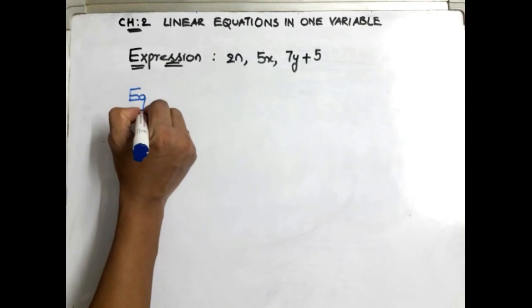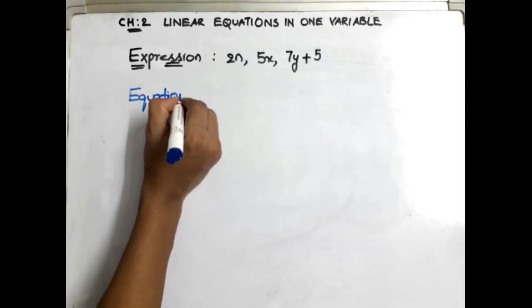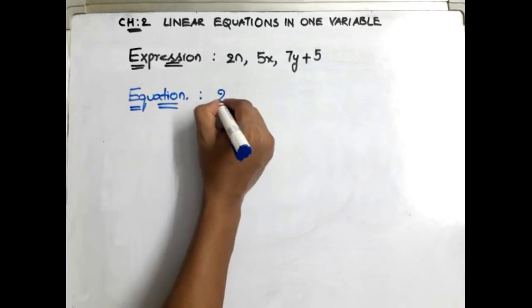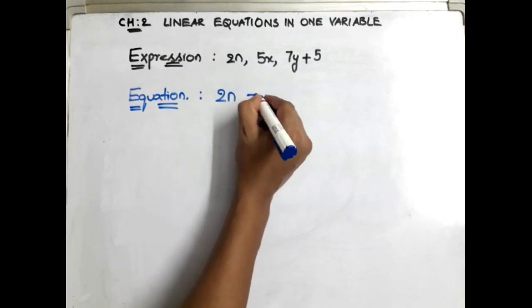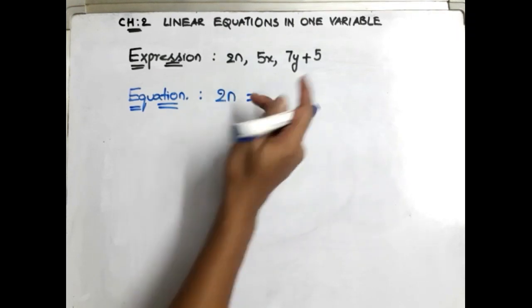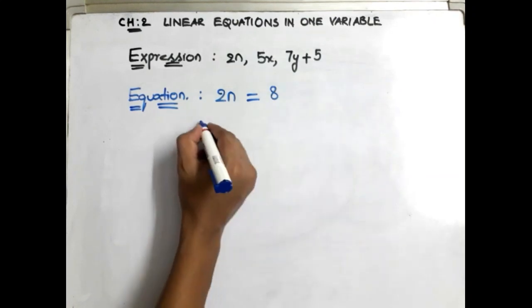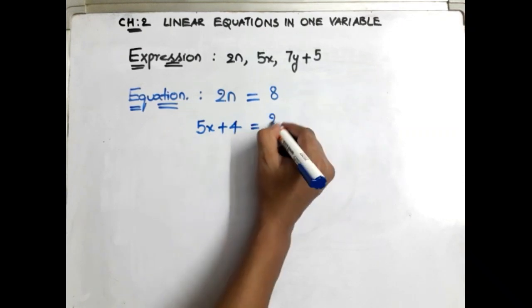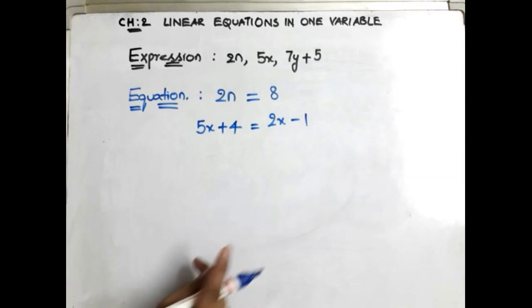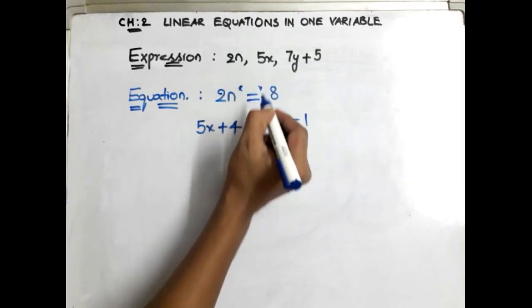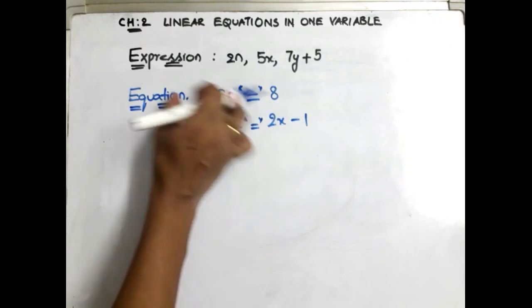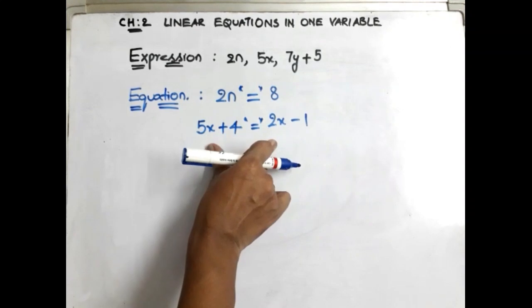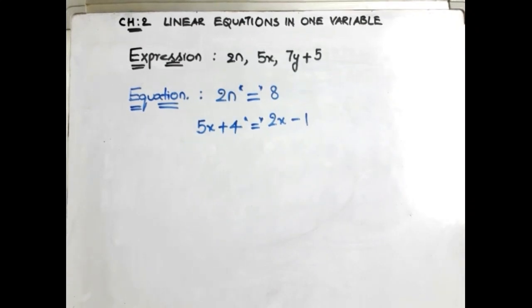When these expressions which were developed using variables are written using an equality symbol, that is 2n is equal to, for example, 8, or else 5x plus 4 is equal to 2x minus 1, whenever you see an equality symbol relating expressions like this, we call such things equations. Hope you are clear now. Now let us move to